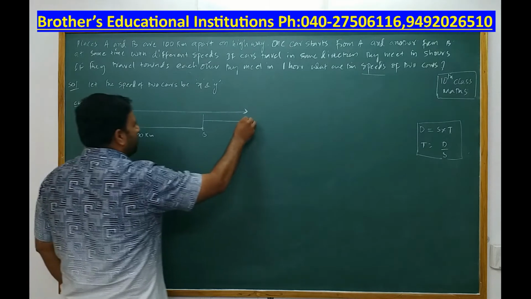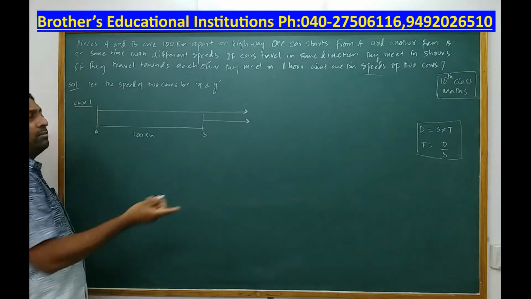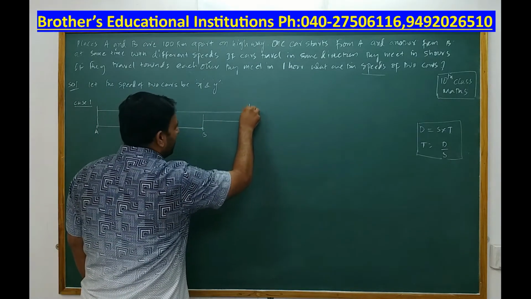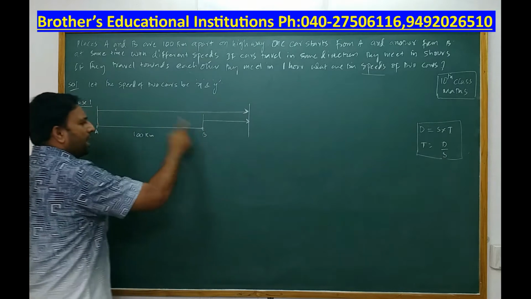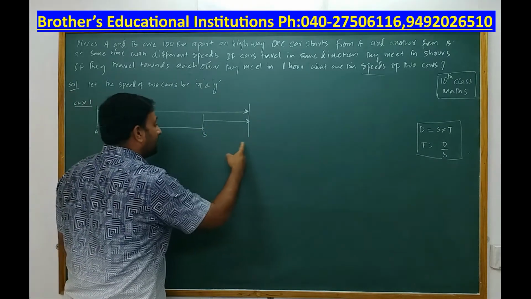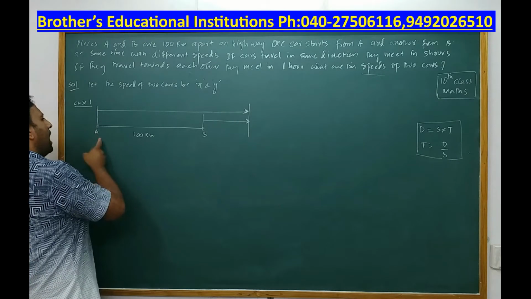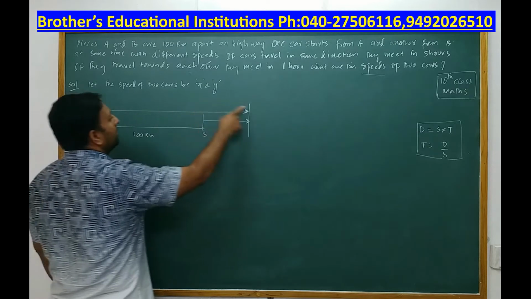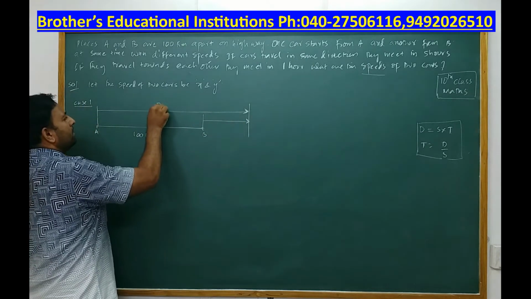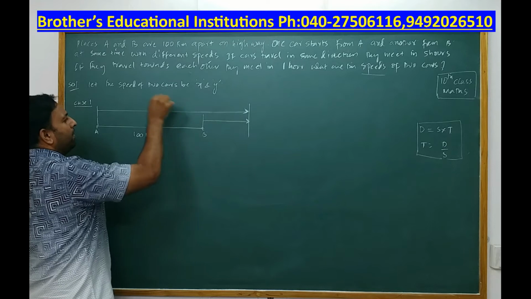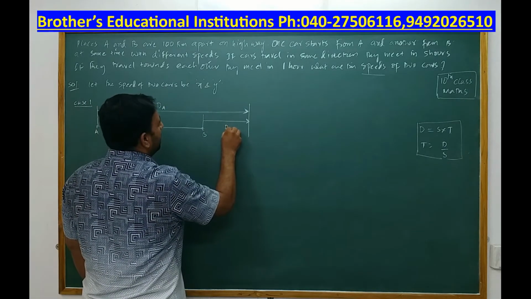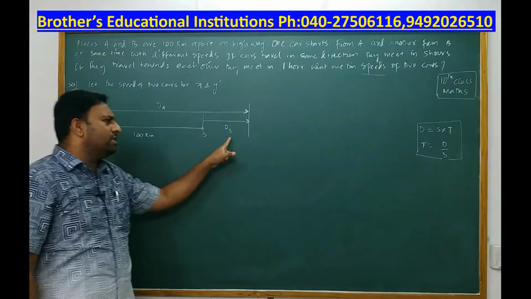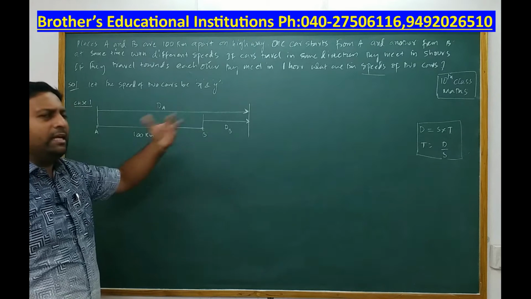So this is the logic you need to understand, and which is written in the problem. Now here I am assuming that the car at A has more speed. So when they start at the same time, and let us say they meet at this point, the car at B goes slowly and takes the same time to travel this distance. Car A goes with the greater speed and takes the same time to travel this much distance. Let us assume this distance traveled is dA. Let us assume this distance traveled is dB. The distance traveled by the car starting at A is dA. The distance traveled by the car starting at B is dB.